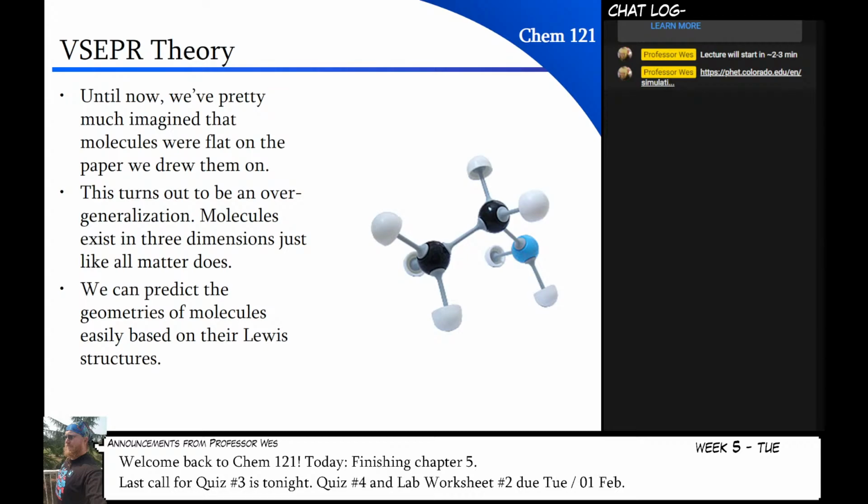And if you draw your Lewis structure correctly, you can then predict its geometry in space. So you can see this molecule in the back here. If I were to take my pen and write out its formula, because that seems like something that'd be interesting. So if I wrote this, so there's the formula of this molecule. And if I was going to draw its Lewis structure,